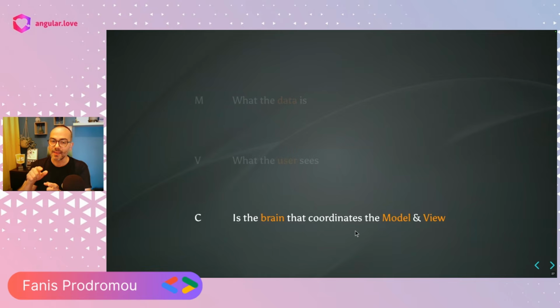I think that this one is very close to the component state that we saw previously. This is what we have to do. We have to coordinate the model and the view and prepare something for my component. All right. So let's now again do like we said at the beginning, at the very beginning in